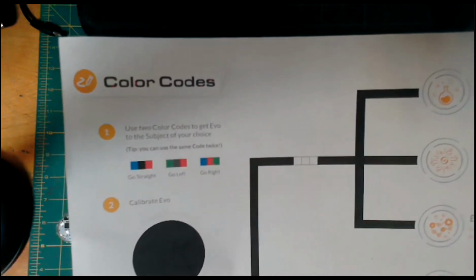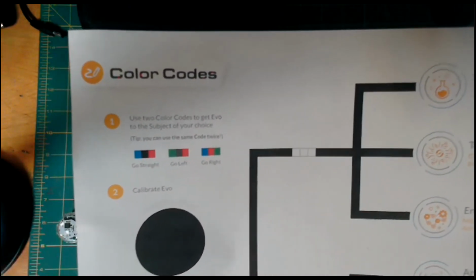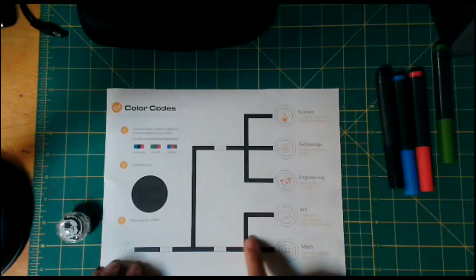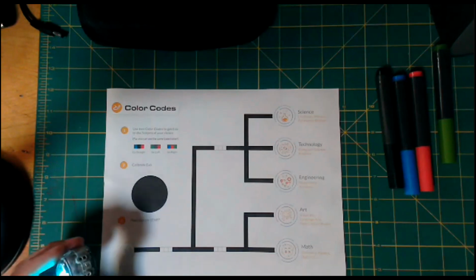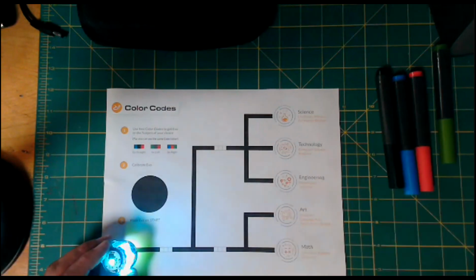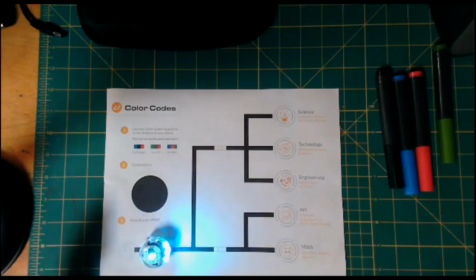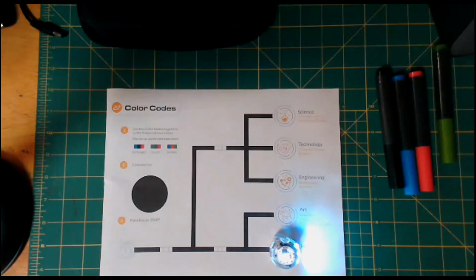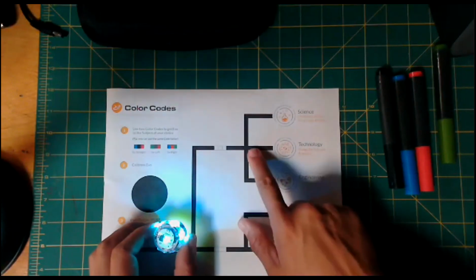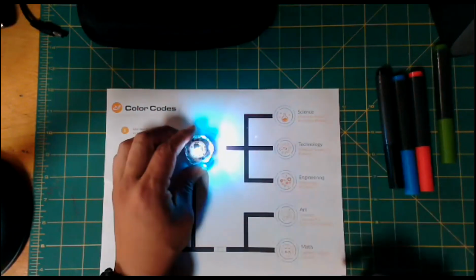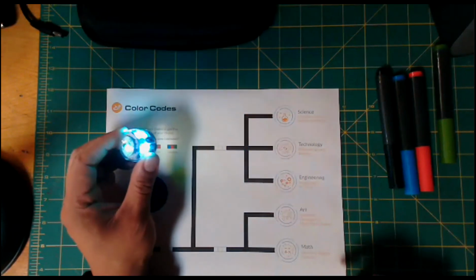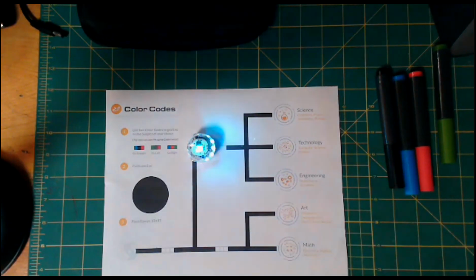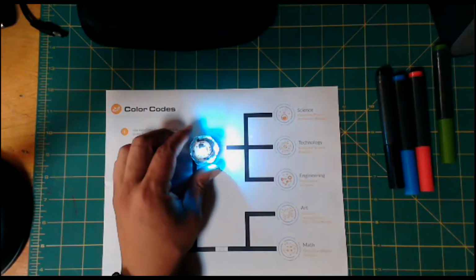They will tell the robot which direction to go. You can see it can go straight, left, or right. And that's because we need to tell it where to go at these intersections. The baseline function of our robots, by turning it on, not connected to any outside technology, is a line following robot. So you'll see it go down the line. But what happens when it gets to intersections like this one here, when it has a choice to go three different ways, is that it will randomly select where to go unless we tell it which direction to go by placing one of those color codes